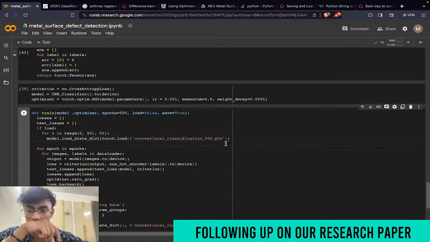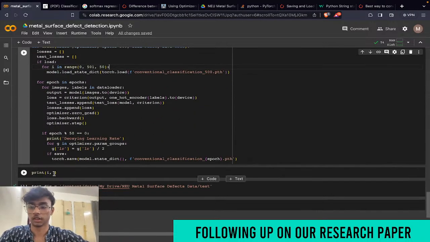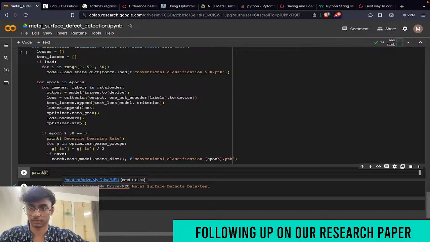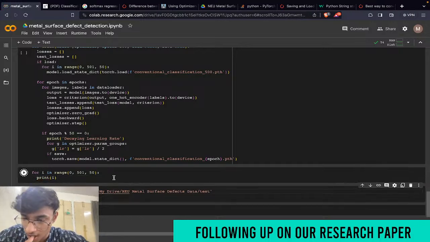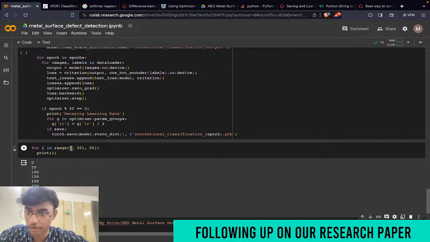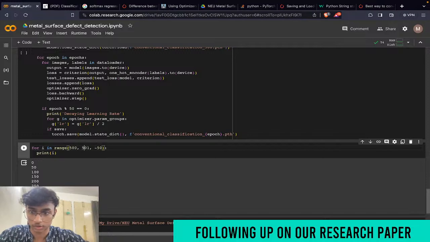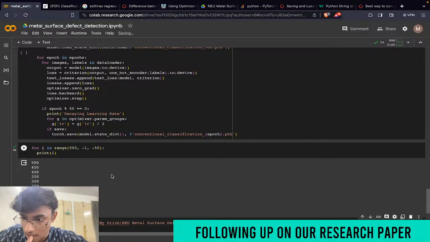Model dot load state dict. Yeah, here I was writing the code for print. Okay. So what if I go the other way around? So this is what